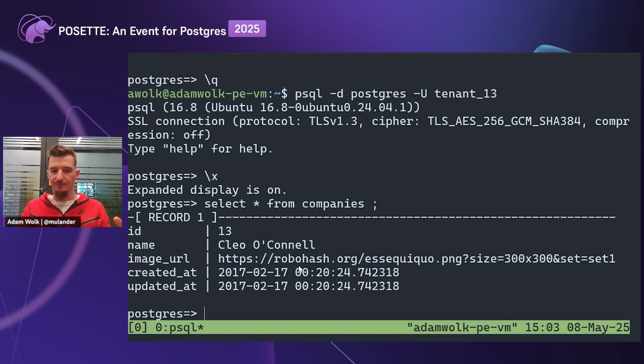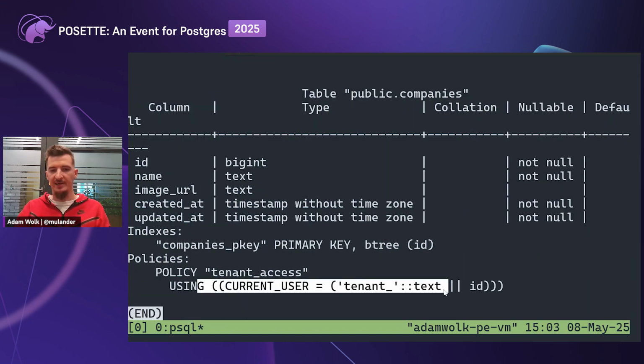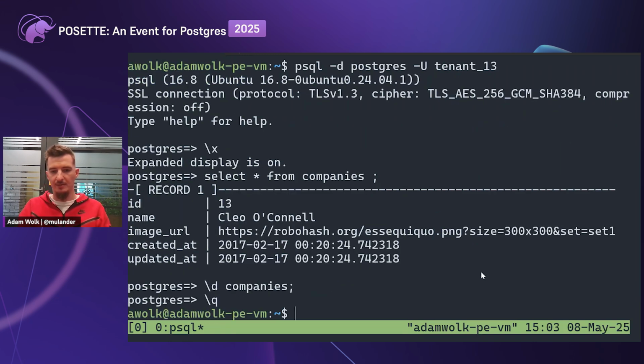There's no other way for me to access any other row in these tables because my access is limited by the policy that we defined, that I have to be this user to access these rows.